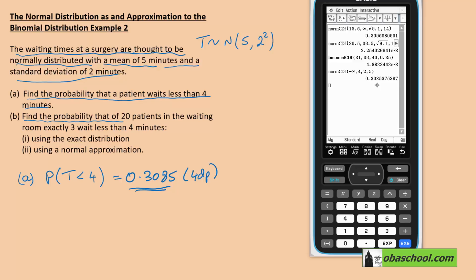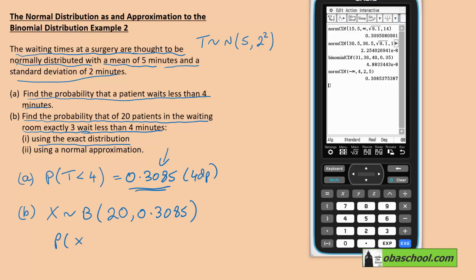We now want to find the probability that of 20 patients in the waiting room, exactly 3 wait less than 4 minutes. Well, the first one says using the exact distribution. Well, this looks to me very much like a binomial. There's 20 patients in the waiting room, and the probability of a patient waiting less than 4 minutes is 0.3085. So the probability of x being equal to 3, because we're after exactly 3,